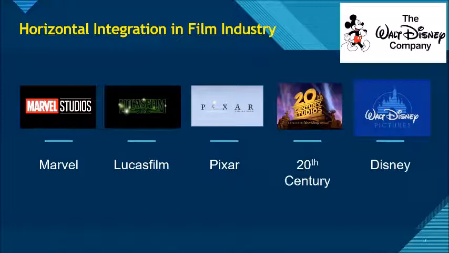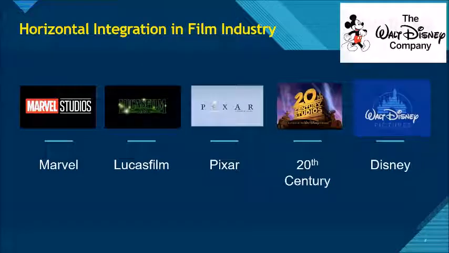So the idea is when you go along to your local cinema and you see 5 films to choose from, they may well be owned by Disney. So Disney don't really mind which one you choose because they're going to get the profit either way, and it's a way for them to try and get as much of the share of the audience as they possibly can.